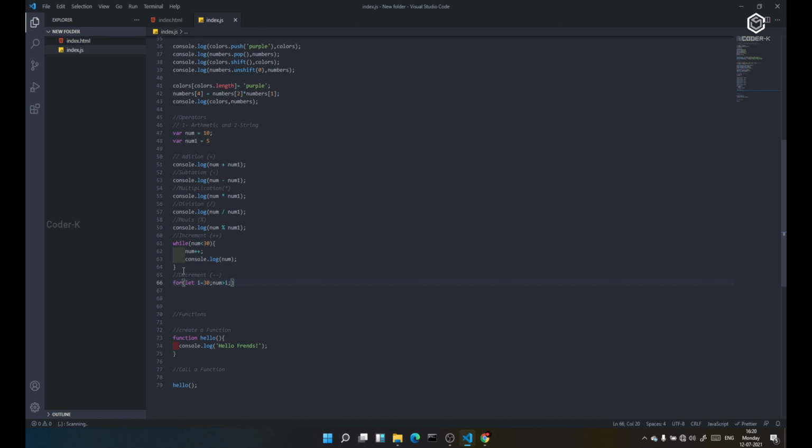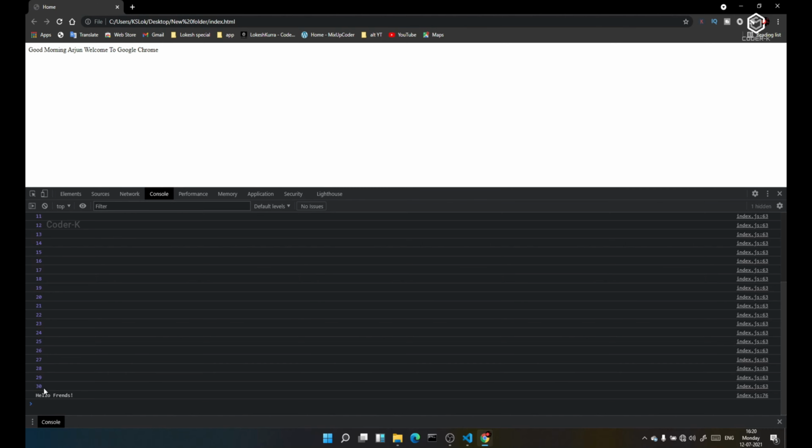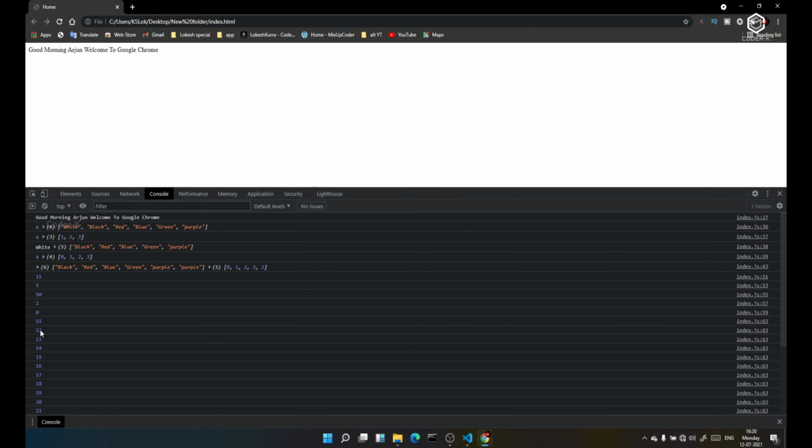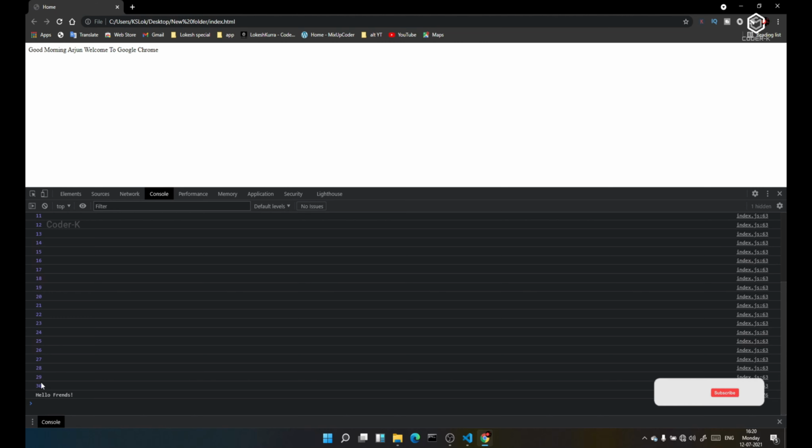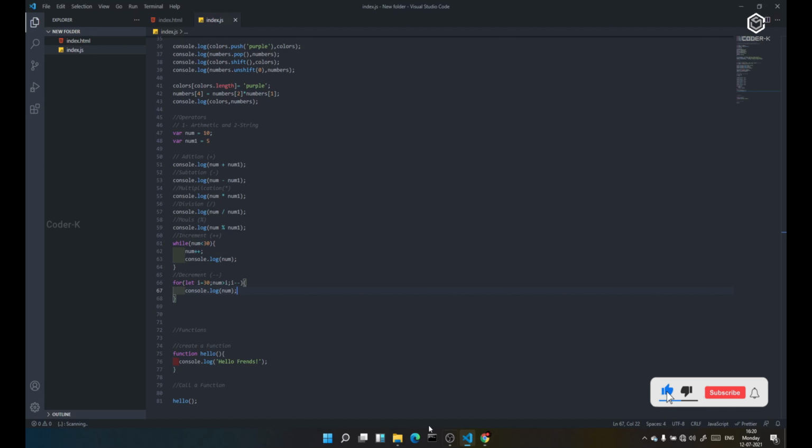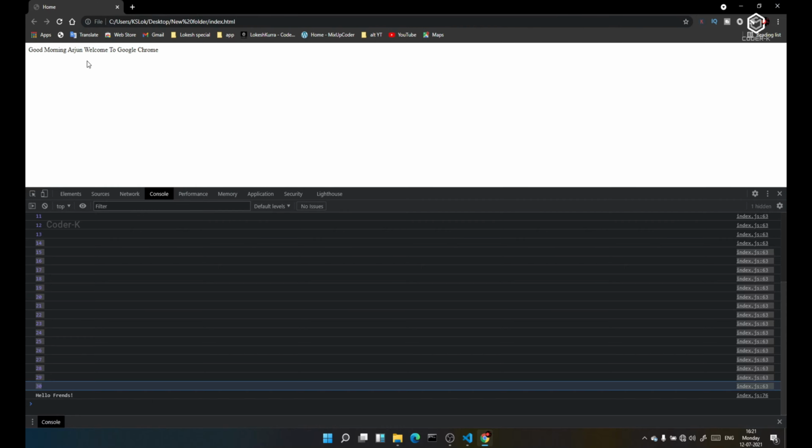Now I produce i minus. Here console.log i provides num. Here you can see 0 to 30, it provides an increment. Sorry, this is the thing I should give.